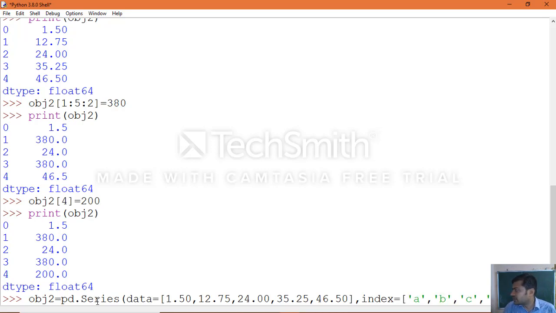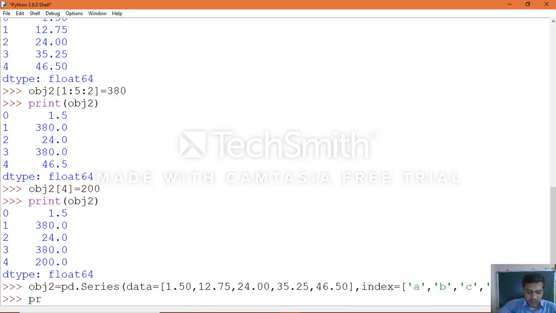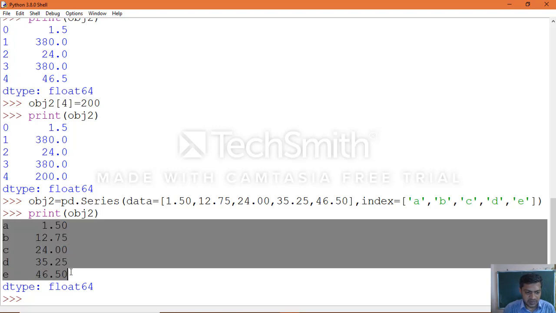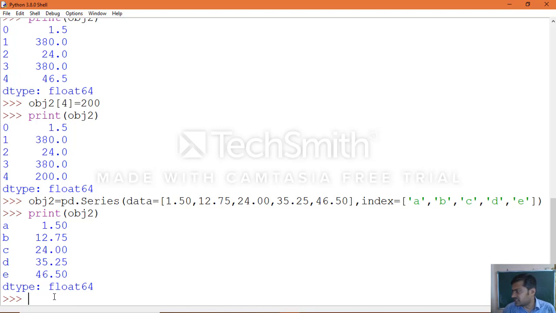So this is the data which we have in our object, which contains our own index. Let's execute this and print the object. Before going to how we can rename the indexes, let's execute our data. Yes, this is the output, the object holding the data as well as the indexes which you want to change.